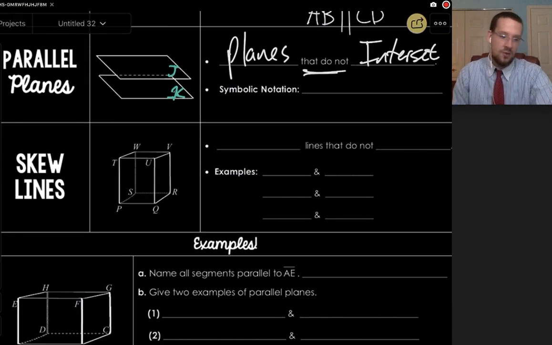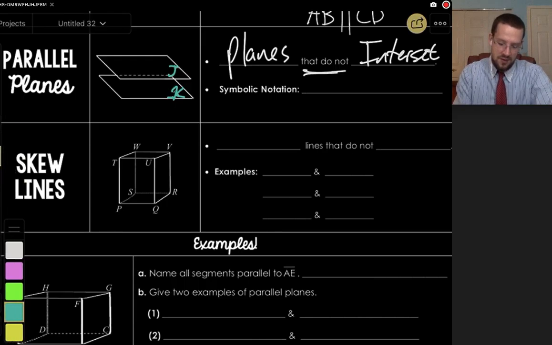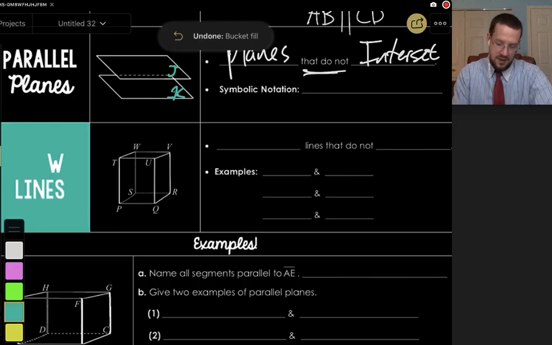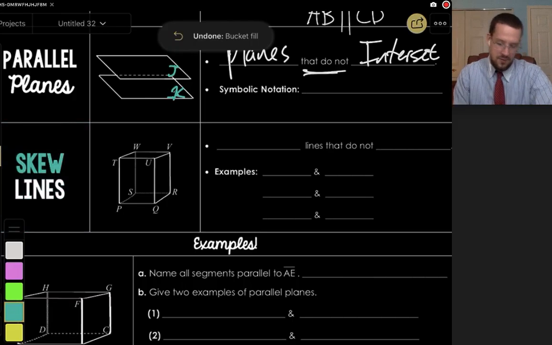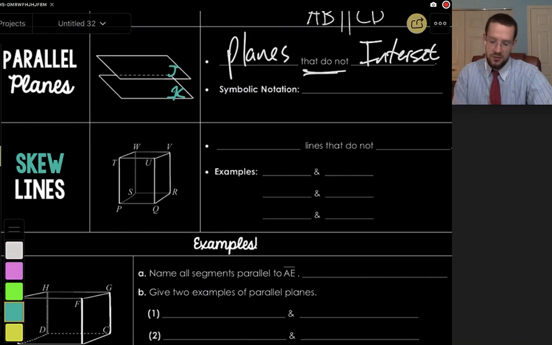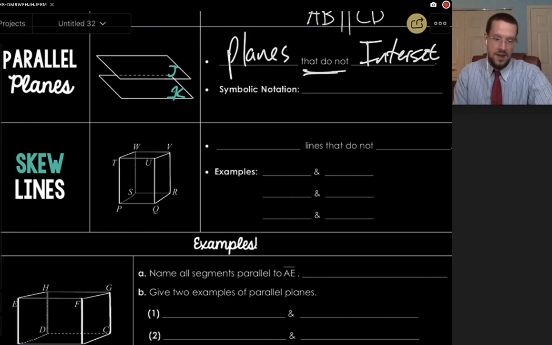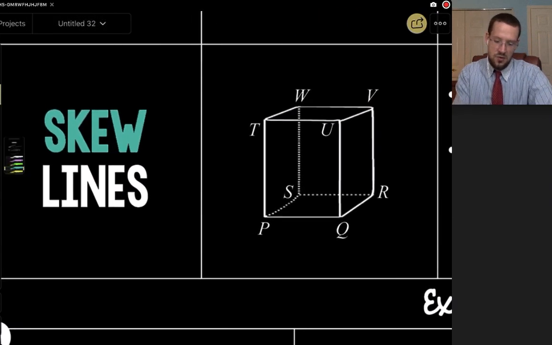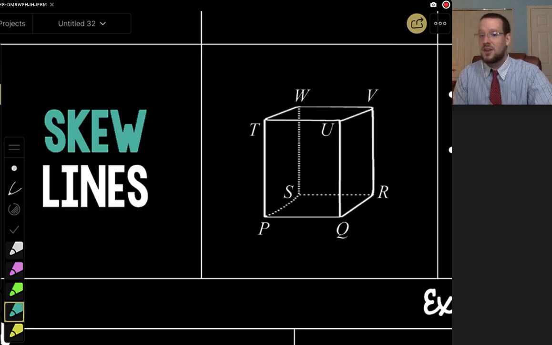And again, we have something that's called skew lines. So these are lines that exist in a figure, and they do not intersect, but they are not in the same plane. So let's just look. Okay, so you would notice that this is a cube, and there's 6 faces. You can think of a plane as a face, right? So let's say, for example, we have,